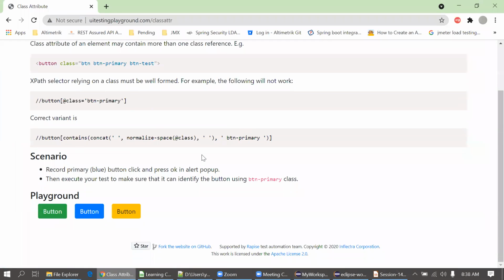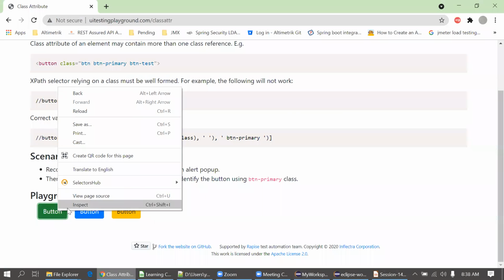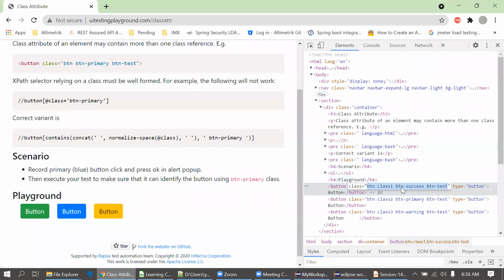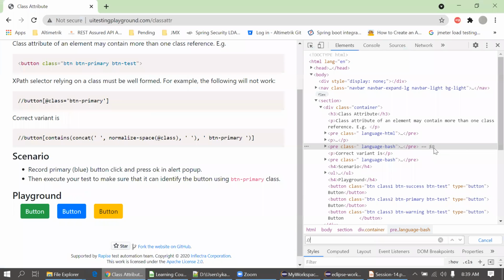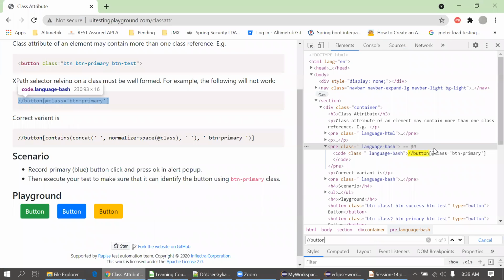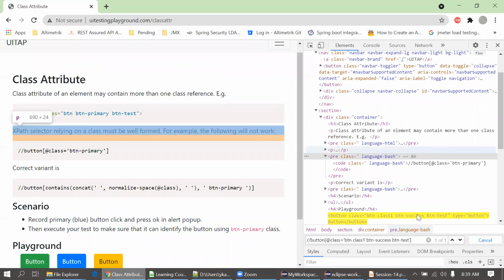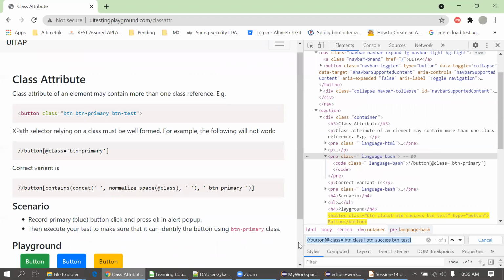So now the reporting part we have not covered, so we will cover it in an upcoming session as well. Okay, so we are just adding some test cases as of now. I will simply create one locator for this button. Okay, this is for the green button. I'll just put this.